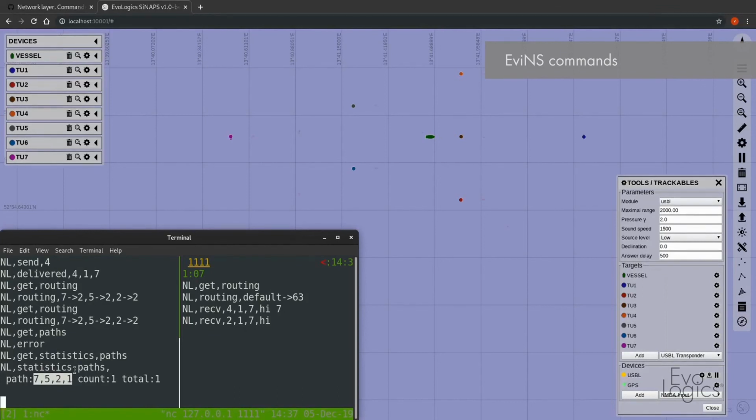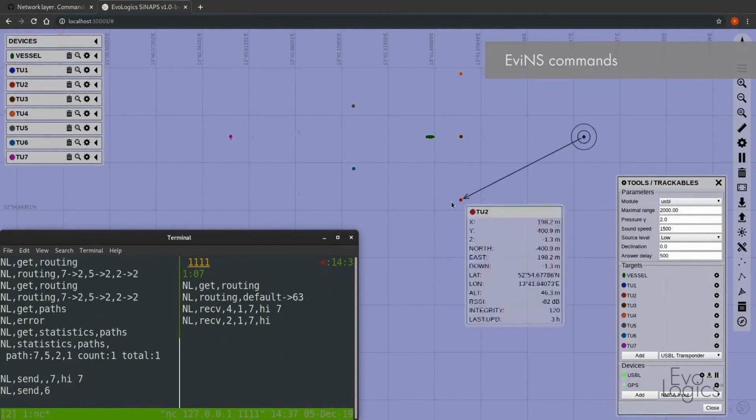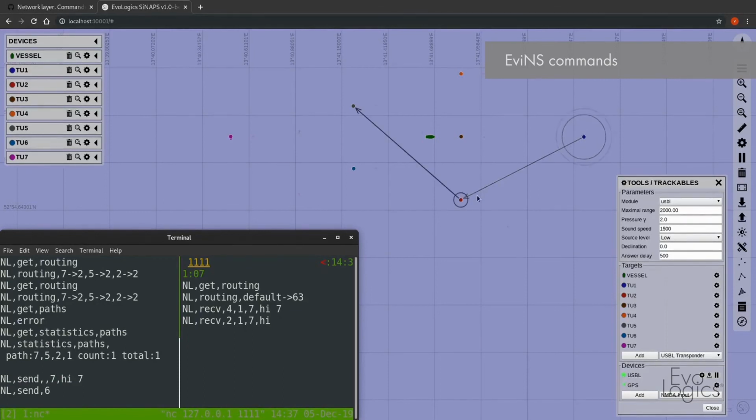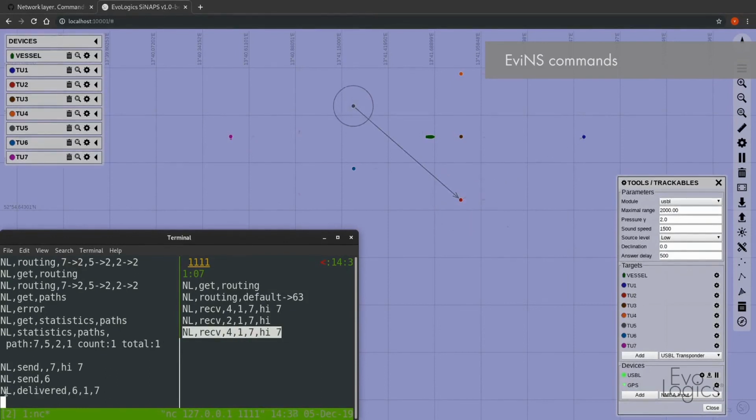Look at Synapse once more. We will transmit data, hi 7. Data is now being delivered over the path that was found. So we see here on the other side that modem 7 got the data